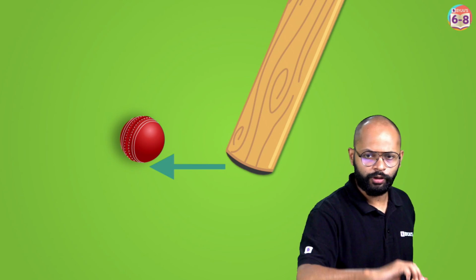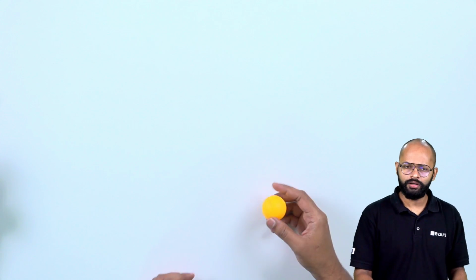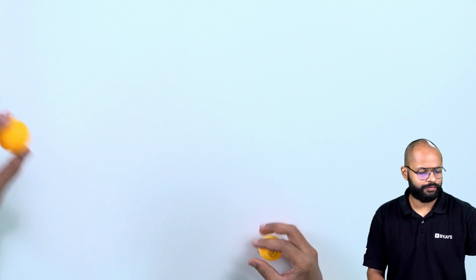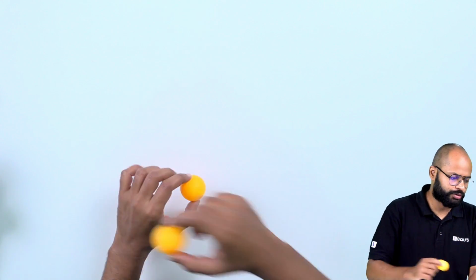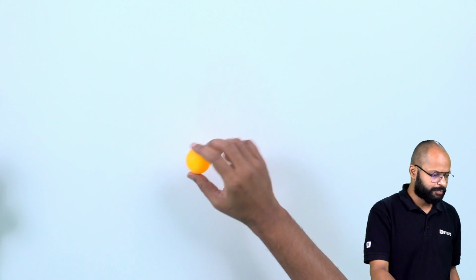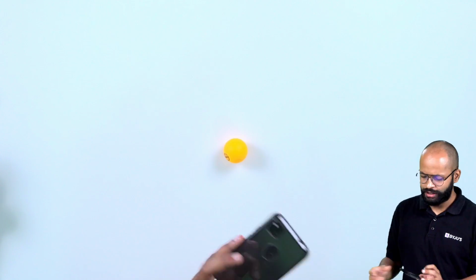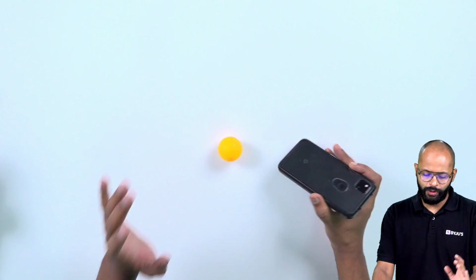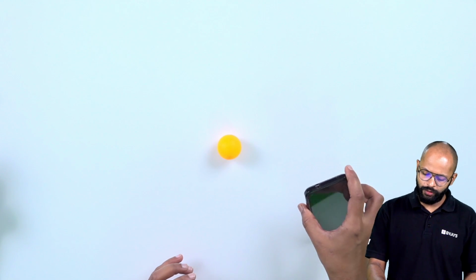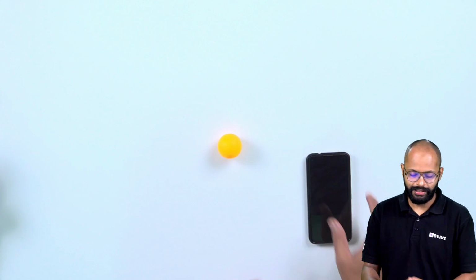And you know what? I'm going to use this nice ping pong ball. Let me show it to you over here. You can see, it's a nice bouncy ping pong ball, right? And I have two, just for the sake of backup. So, okay, I'm going to use this one first. And where's my bat? What if I just use my phone for this? Alright. So, what did we just say? If the ball was just sitting nicely, what would happen if you hit the ball from this side? We all know.